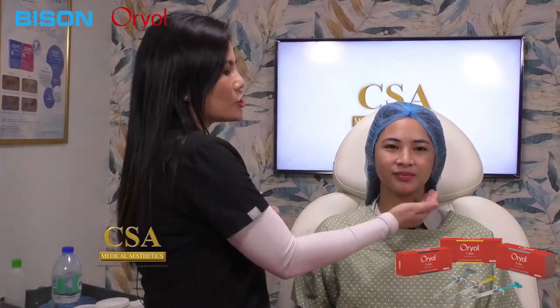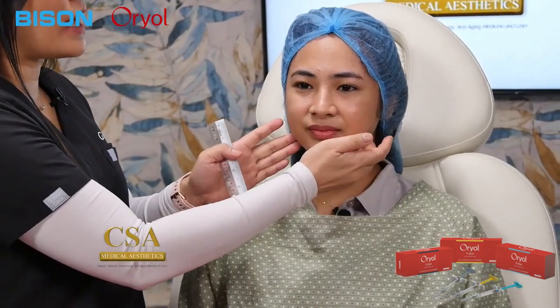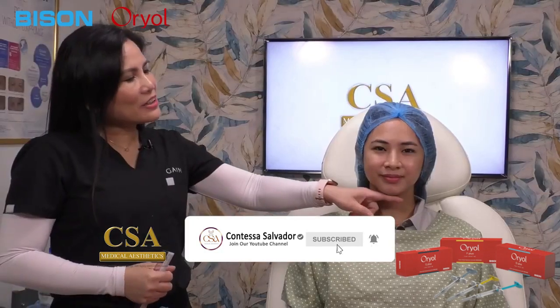You're just 24, okay? And I was also checking on the mandibular bone. I noticed a so-called hypoplasia there. So the bone is really short and narrow, for a narrow face. But we also wanted to improve the so-called proportions. We wanted to make everything harmonious and balanced. So we want to have that good contour and also get rid of...